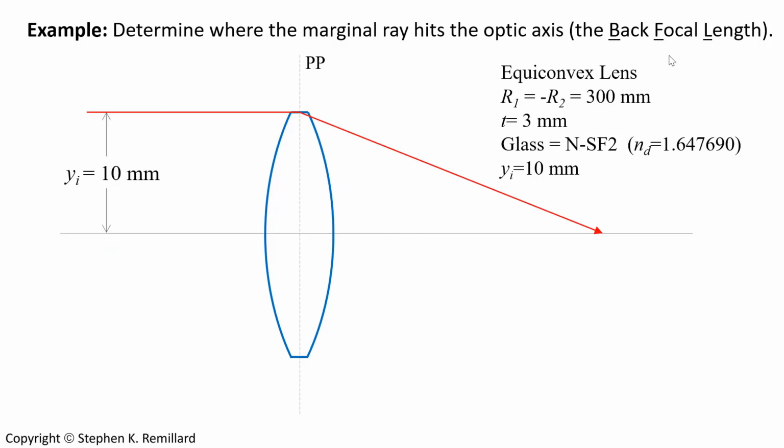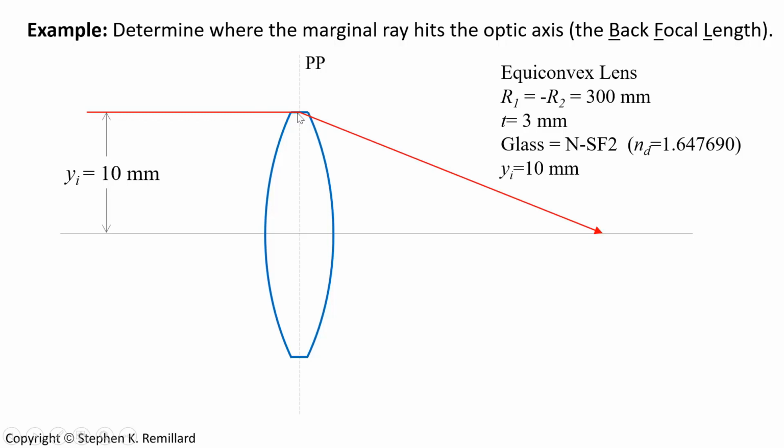We'll just do an equal convex lens. The radius of curvature is 300 millimeters for both surfaces. So R1 is plus 300 millimeters, R2 is minus 300 millimeters. Looking at the marginal ray coming in from infinity, although it doesn't matter where it comes from because it's horizontal, we'll have as a given a height of 10 millimeters above the surface. So you might take that as the radius of the lens as well, and at least the radius of the